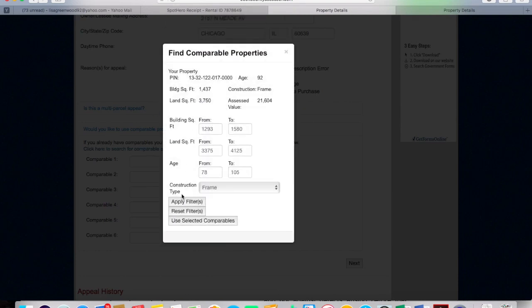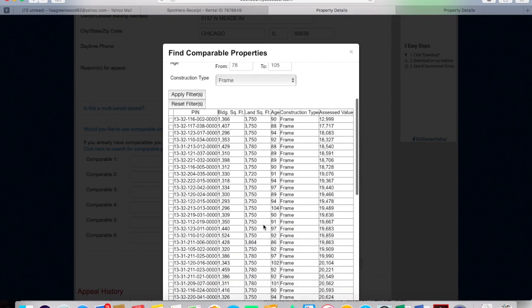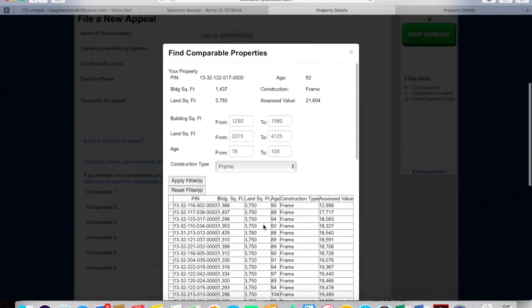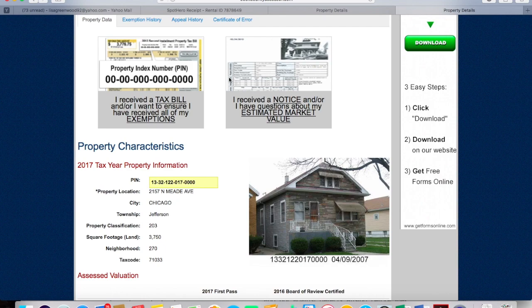Click Apply Filters. And you could have changed this here too, which is also important. So if you wanted to narrow the square footage, you could have, but I think this is the best way to do it. It's pulling all framed houses. Now what we did is we went through every single one of these. What we did is we opened a separate tab. Why don't you give them an example of a separate tab? And then what we did is we clicked in, let's say